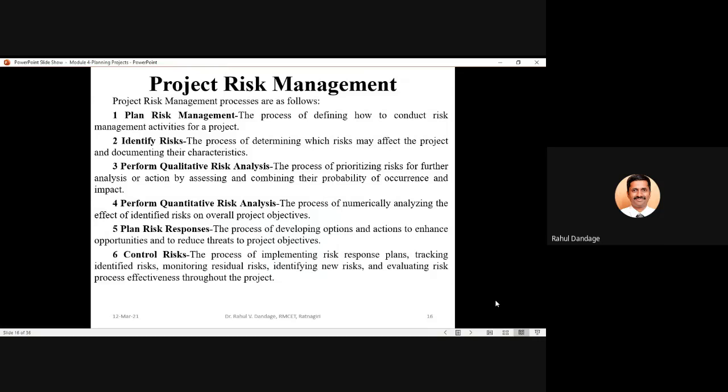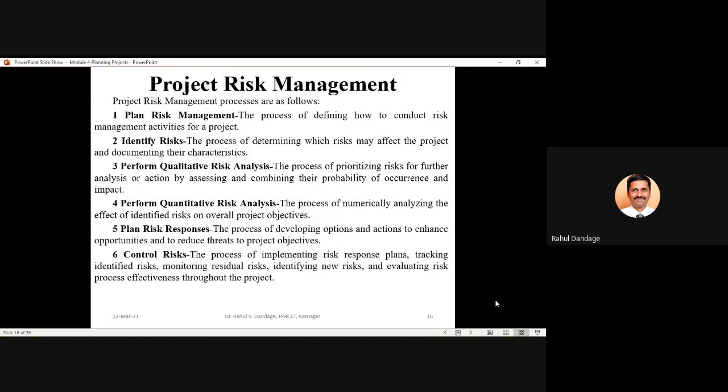Then the last process in project risk management is about the control of risks. It is the process of implementing risk response plans, tracking the identified risks, monitoring the residual risk, identifying new risk, and evaluating risk process effectiveness throughout the project. So when we go for the control risk process, in this particular process, we have to